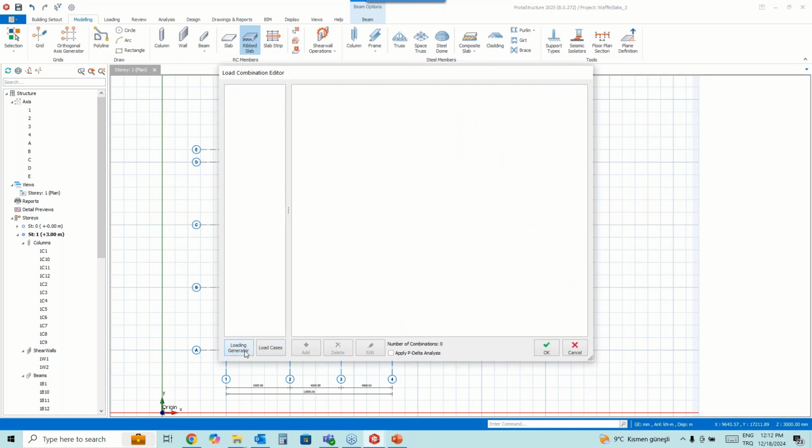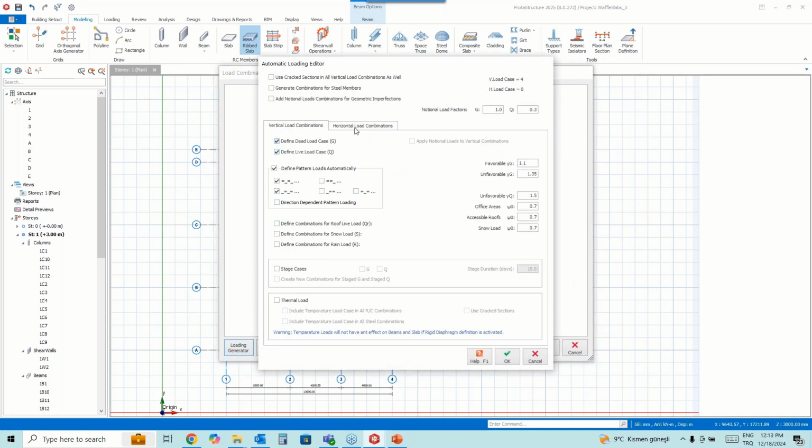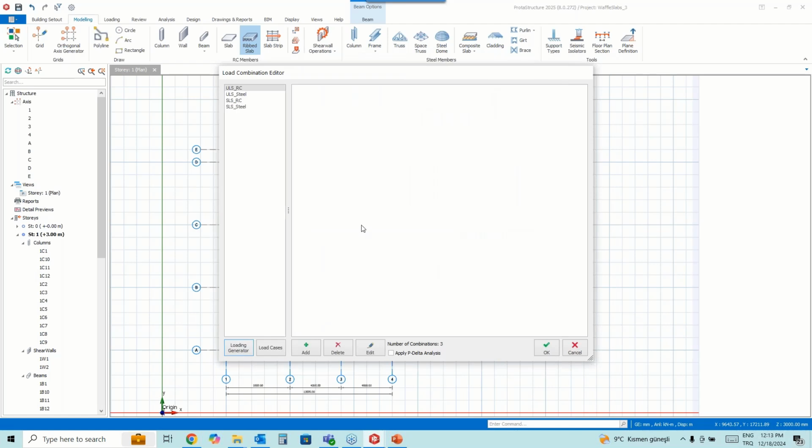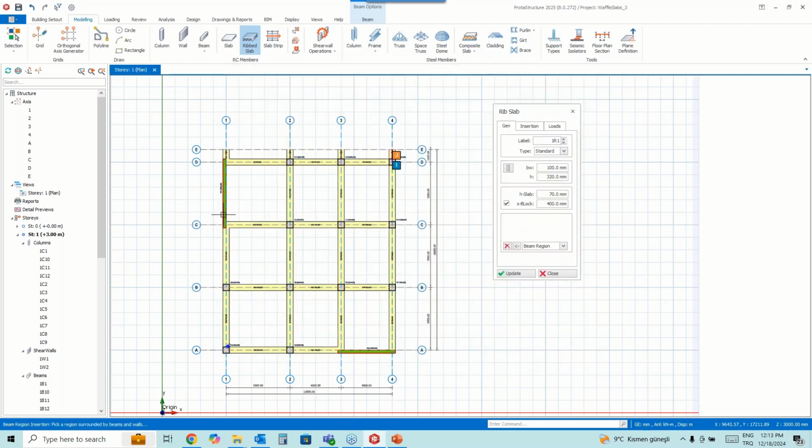But before, we need to create the load combinations. Now, in this template, I didn't select Eurocode 8, therefore seismic loading options are not active. So only gravitational load combinations will be generated. But of course, if you want, you can simply activate them from the settings.